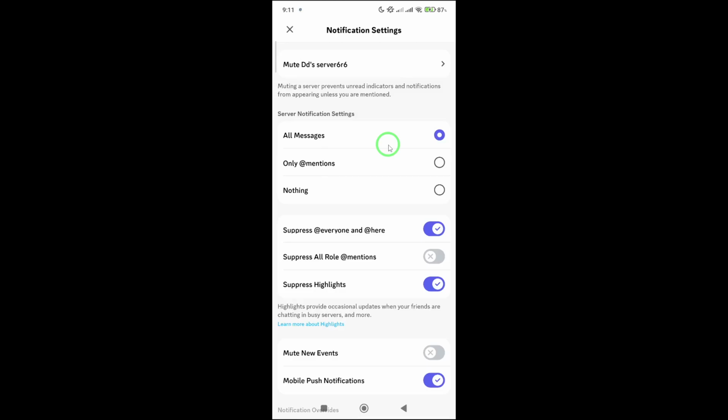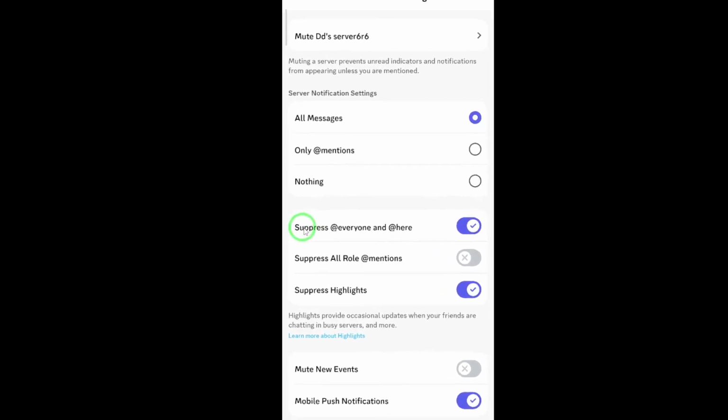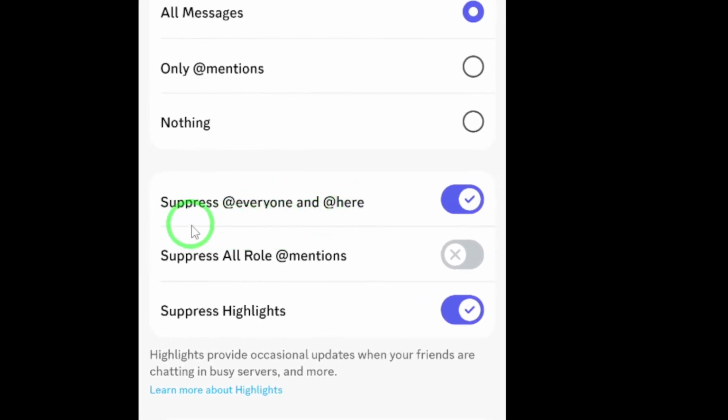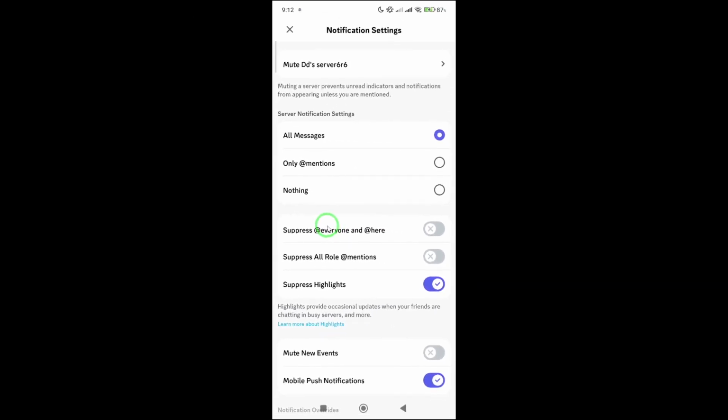In the notification settings, you'll find several options designed to tailor how attention-worthy messages are delivered. Look for the setting that controls suppressing at everyone and at here mentions. You'll want to toggle this off, which lifts the global block and lets those mentions trigger alerts for everyone or currently online members. Turning off suppression means your important announcements can reach the entire community when you need to get